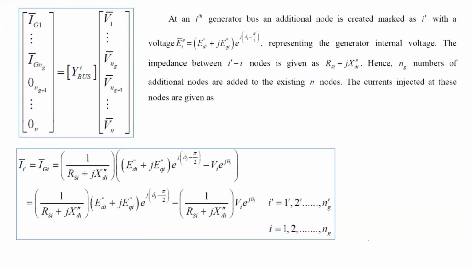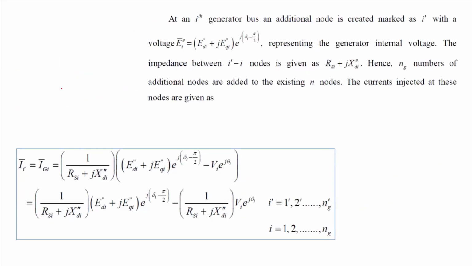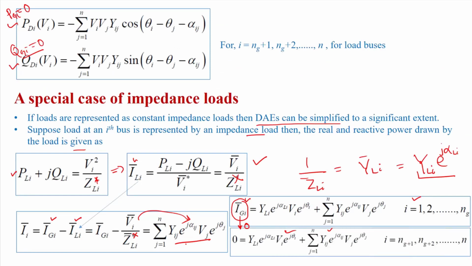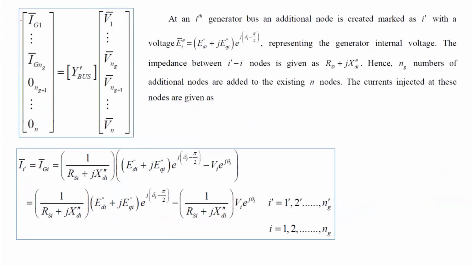Now you can see that if we write these two equations in the matrix form, then I can write it in this way, right? So this will be up to Ng, Ig1 up to Ng, then the other terms will be 0 here. Then this matrix is not exactly the Y bus matrix, because when we calculate the Y bus matrix,